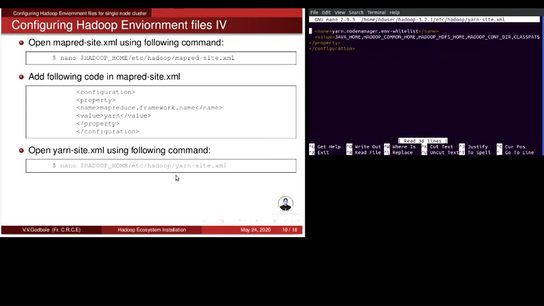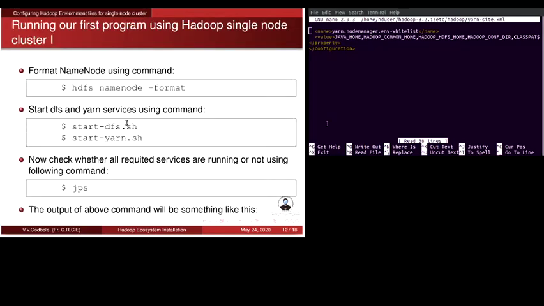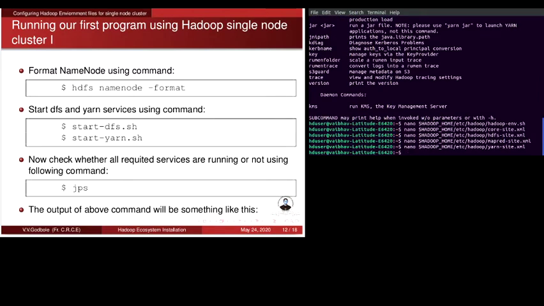And then you need to go to the end of the file and copy this entire code over there. So that completes the modifications to the various configuration files of Hadoop. So I'll exit this file.